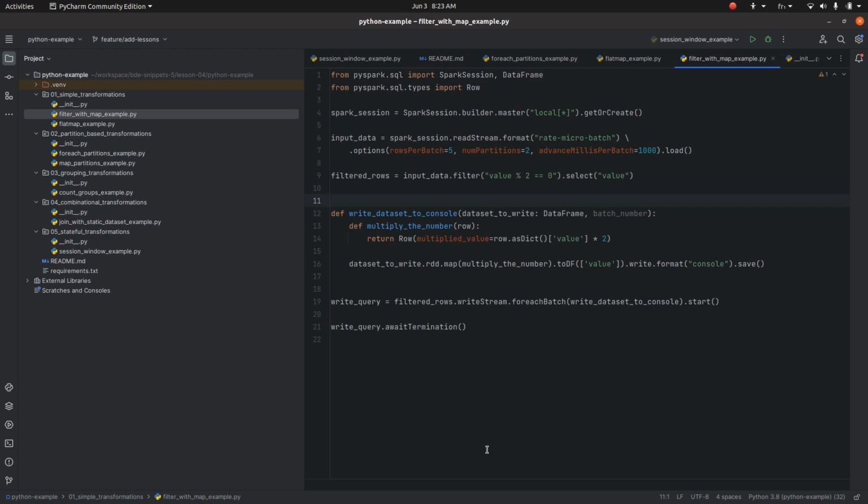So the first operation is the filter map example. Here we simply eliminate some rows we don't want to process with this filter expression, and we do some projection. We select only the columns we want to process, and in the end we do the mapping. In the mapping here I explicitly use the map function to stay the same with the Scala API, but